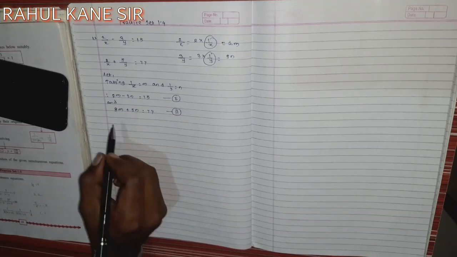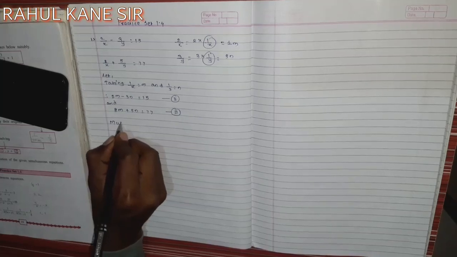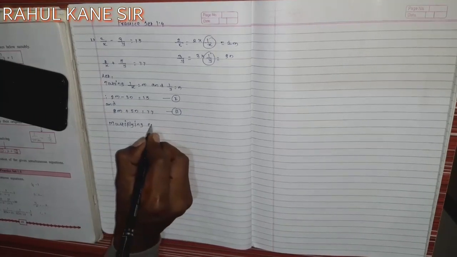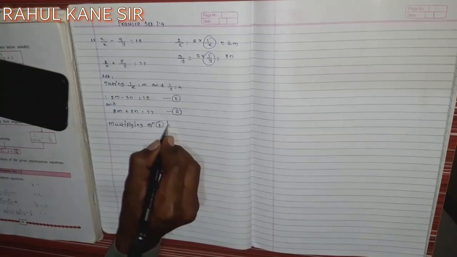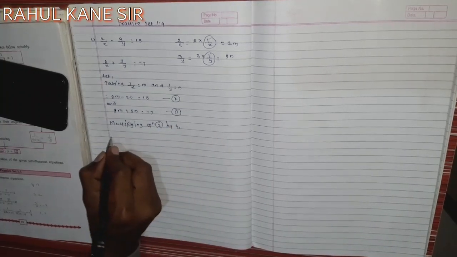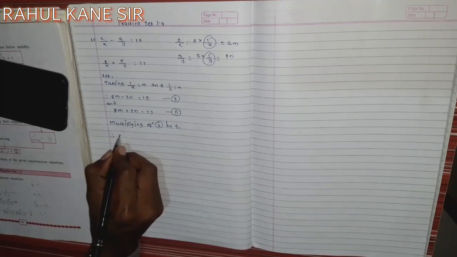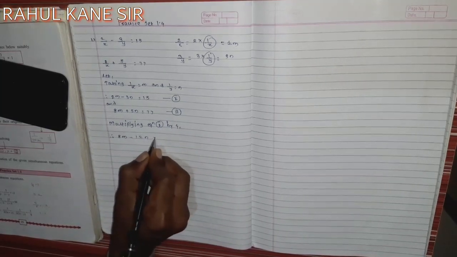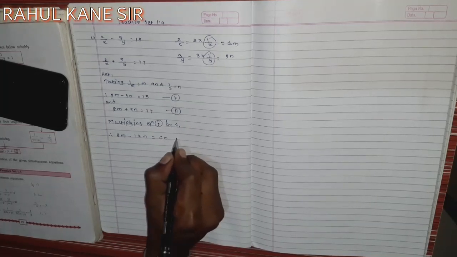So we are going to multiply equation 1 by 4, so we get 2 4s are 8m minus 3 4s are 12n, 15 4s are 60,